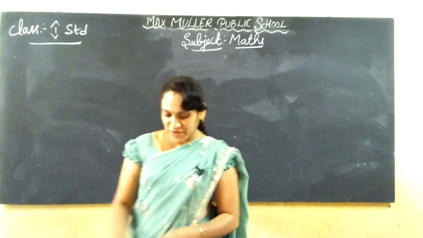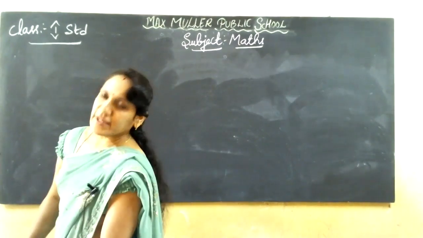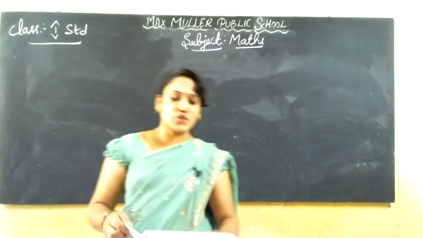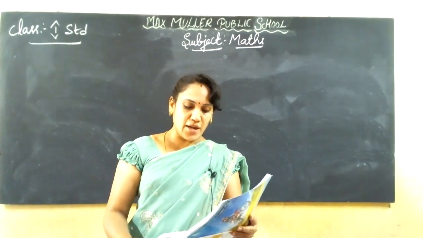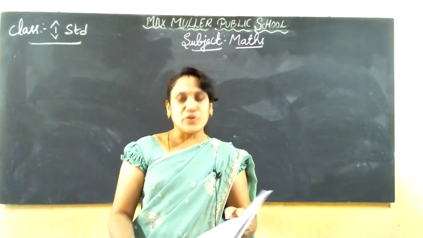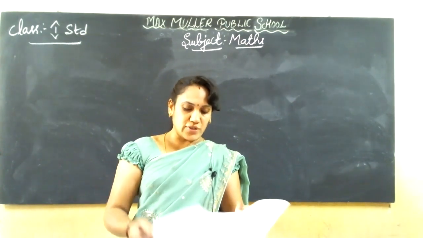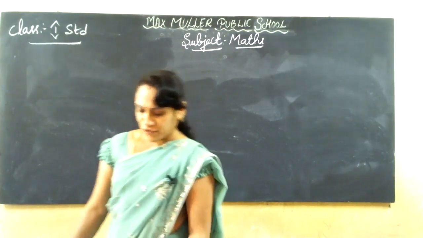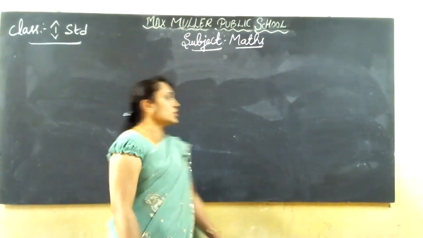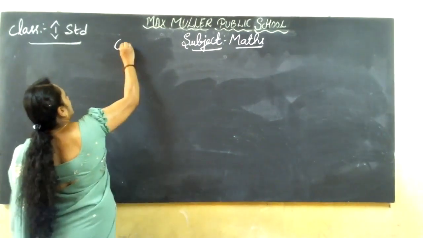So, what we did in the previous class, children? In the previous class, I gave subtraction sums. Isn't it? Subtract on number line and subtract on abacus sums. And homework we gave, textbook sums we did. Is it? So today first, you take out the classwork book. Okay? Max classwork, you just take out the classwork.